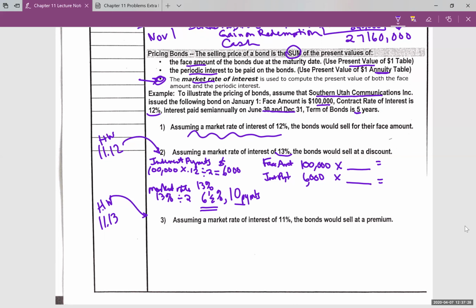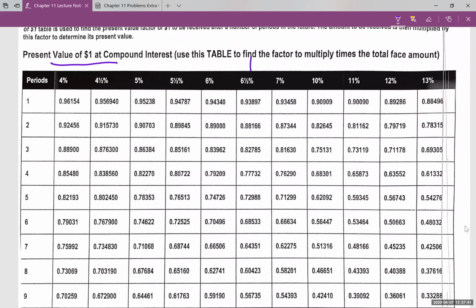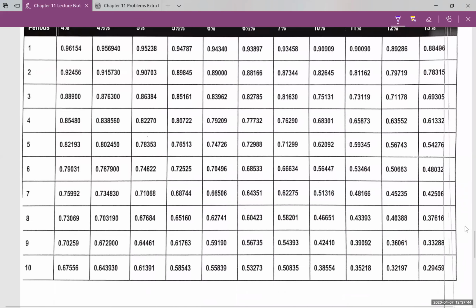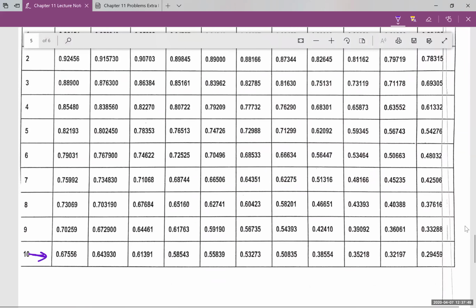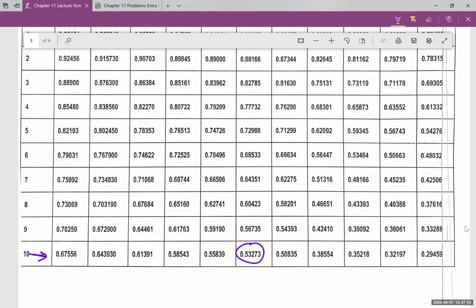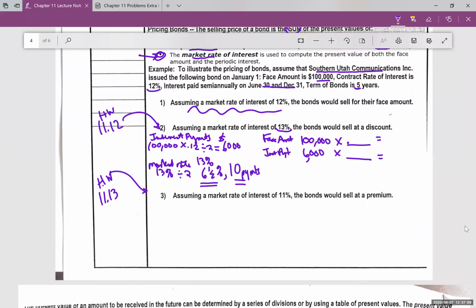So when I go to those tables, this is what I'm looking for, the factors that correlate to 6.5% and 10 payments. So the first table is the lump sum, which goes with that 100,000. So if I go to 6.5% and 10, and I see where they intersect, I have this factor, 0.53273. Running that through the calculator, you get